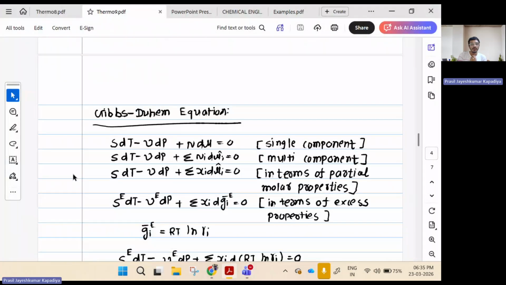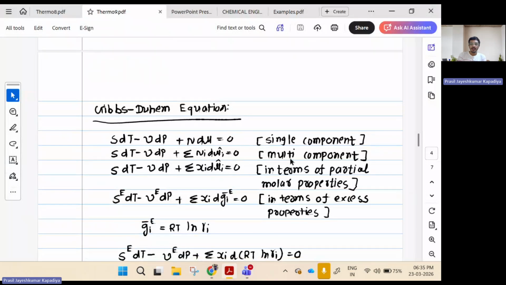Okay, so let's first have a look at the Gibbs-Duhem equation for the single component system: S dT minus V dP plus N d mu is equal to 0. For a multi-component system, it was just sum of Ni d mu i. In terms of partial molar properties, it was Xi into d mu i, where mu i is for this component i in the mixture. Then in terms of excess molar property, I can just write it down as mu i, which I can replace with